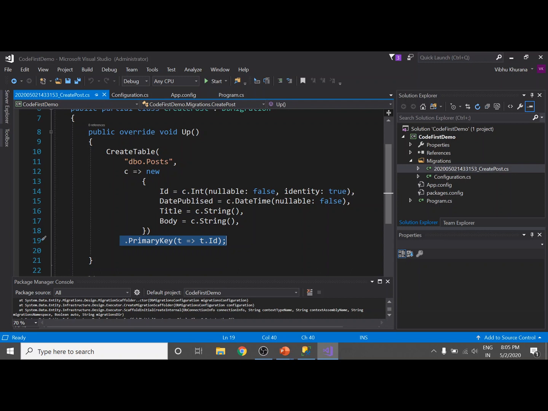So the interesting thing here is Entity Framework uses convention over configuration. So when it looks at our model, in this case our Post class, based on the name and type of our properties, it can figure out how the database should look. For example, it knows that Id is typically used for the primary key and often it is an identity column. So it automatically added these expressions here. So we created a code first migration.